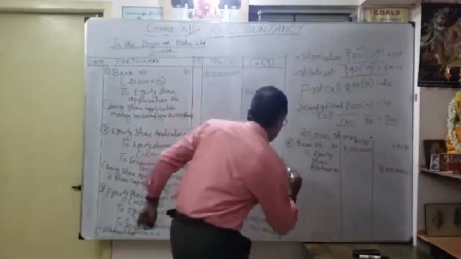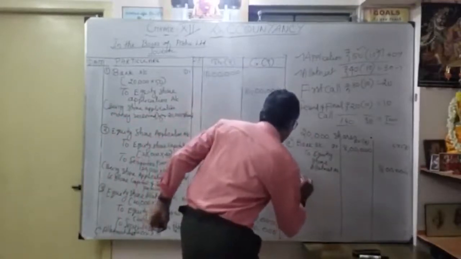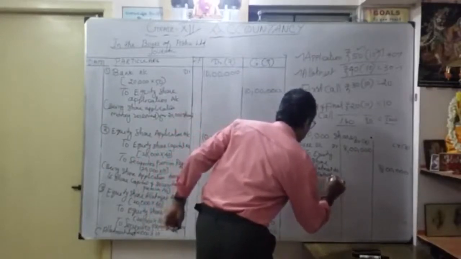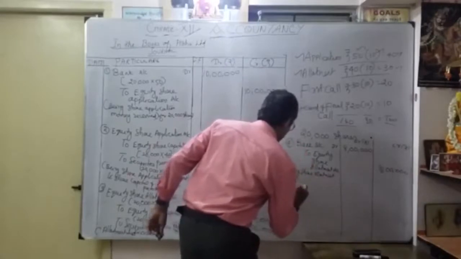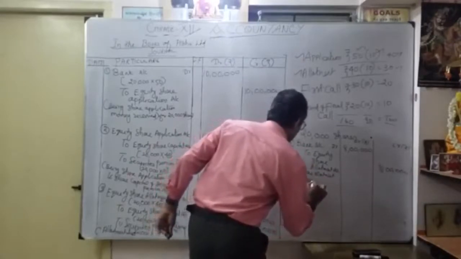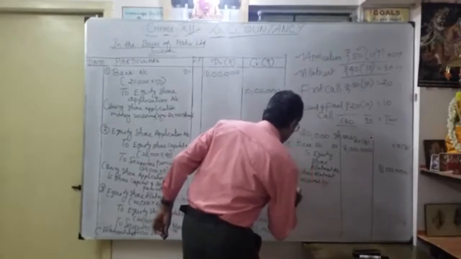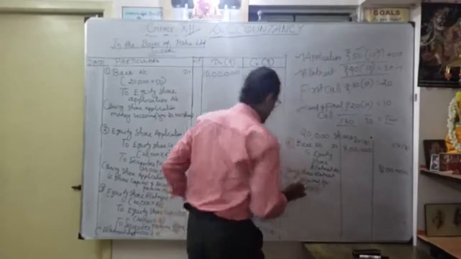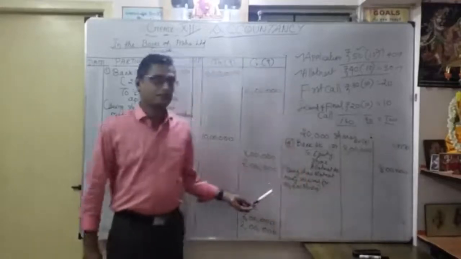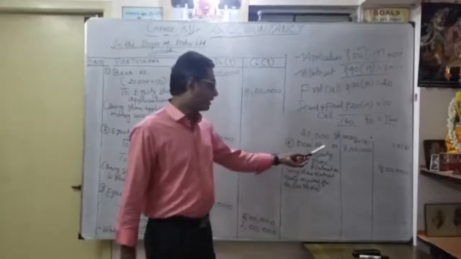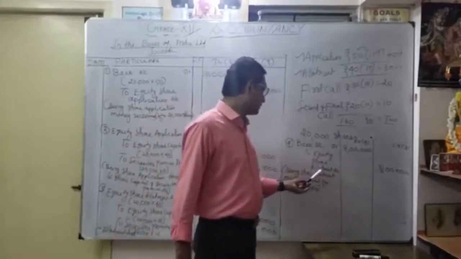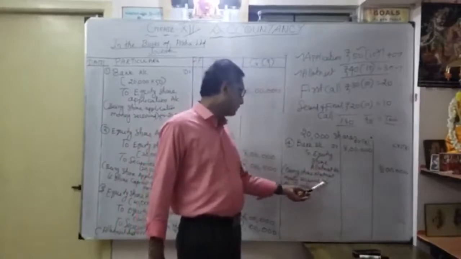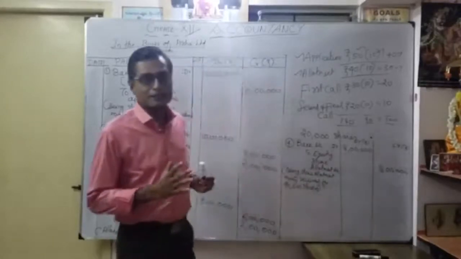Now moving for the narration. Being share allotment money received for how many shares? 20,000 shares. So narration is very, very important. Correct. That's what your fourth entry. It's very important. So bank account debit 8 lakhs to equity share allotment account 8 lakhs. Narration. Being share allotment money received for how many shares? 20,000 shares.